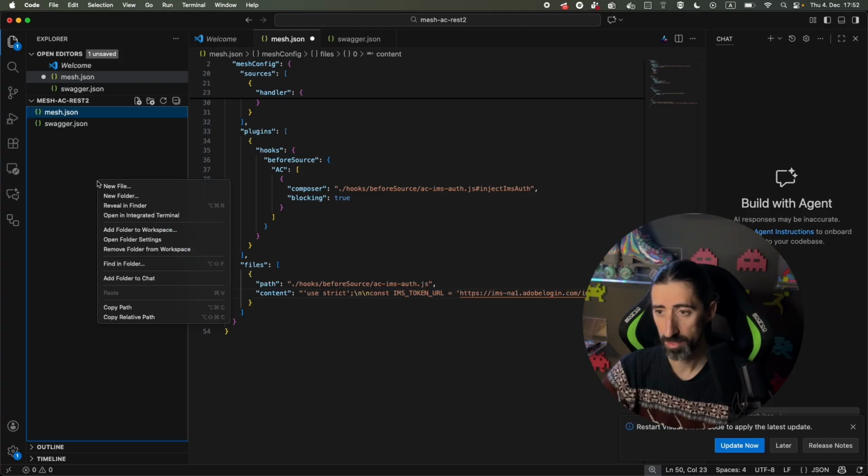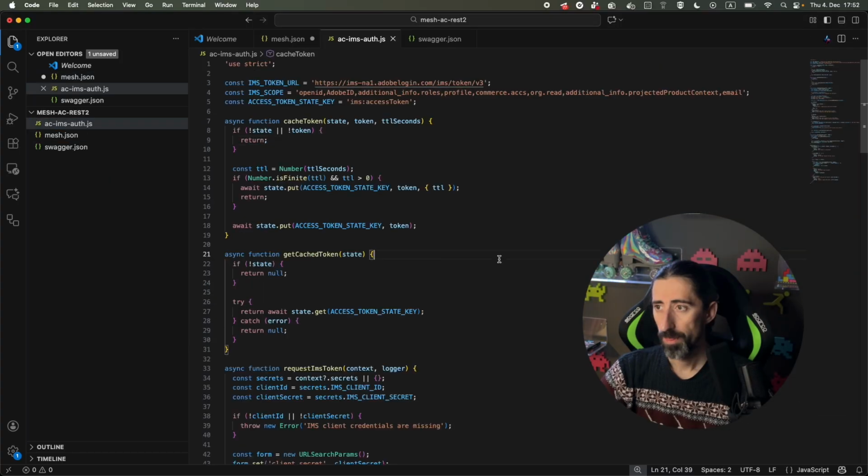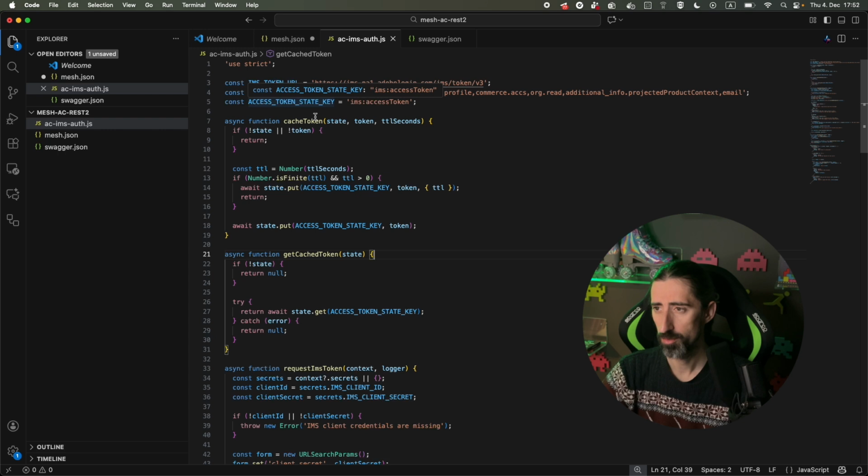And if you want to see it not minified, let me show it to you. So that's how it looks. That's the file which is not minified. It can be quite massive, but don't be scared. So what is the hook doing? The hook has an Adobe IMS URL. You have a scope, and you have an access token, which does not exist at this moment. And